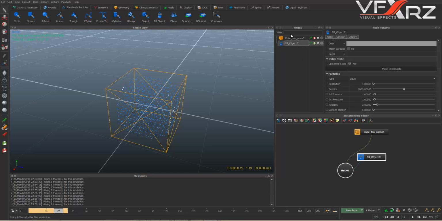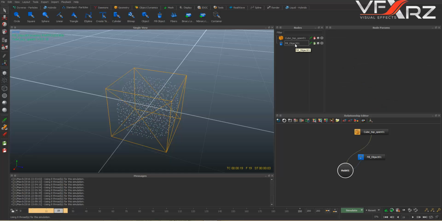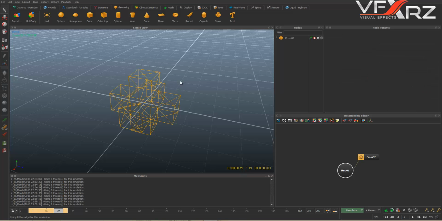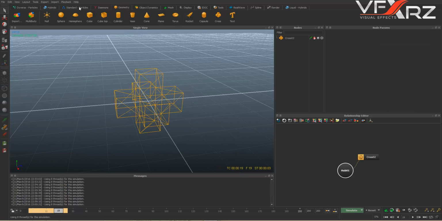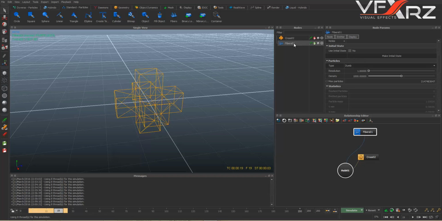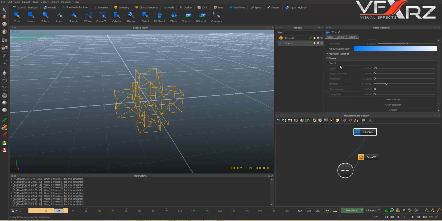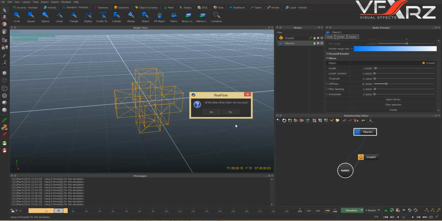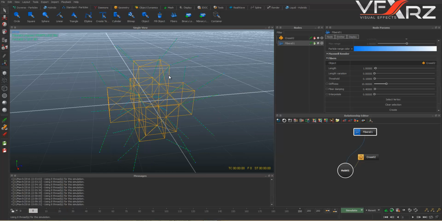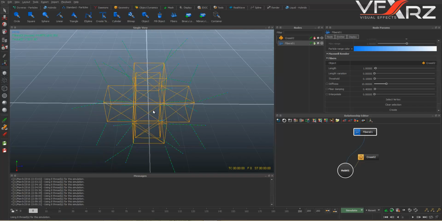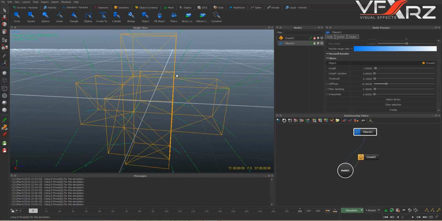Next is fiber. Now select this object and delete, and for example add this object. After that, in standard particles, click fiber. Very good. In fiber you should select your object, and in fiber here select your object and then click OK. Now click reset, yes. And now as you can see, we have this fiber from here,